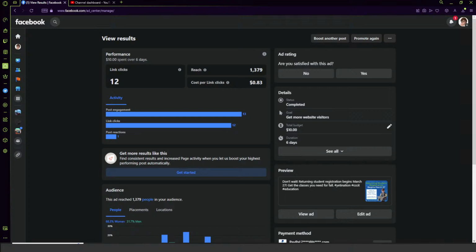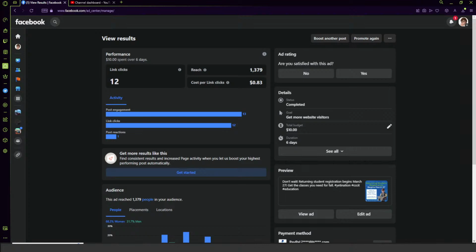And then we gave it a $10 budget. We told it to run for 6 days. Right, which is roughly $1.65 a day worth of a budget. And we can see the results here. And we can see that for that $1.65 a day,